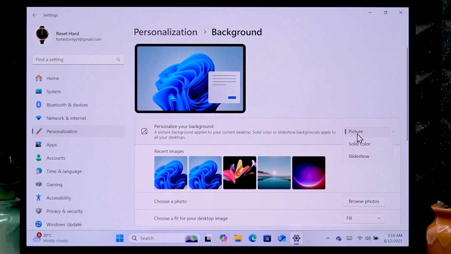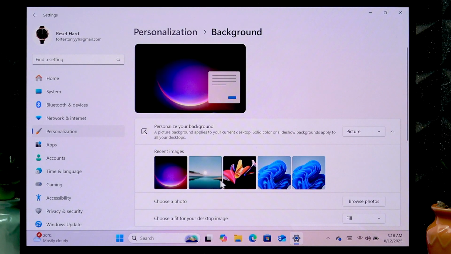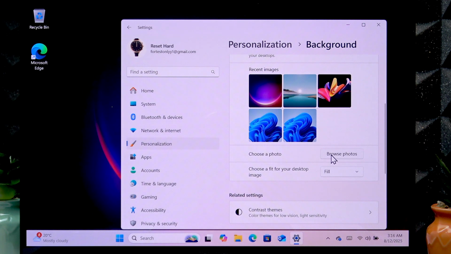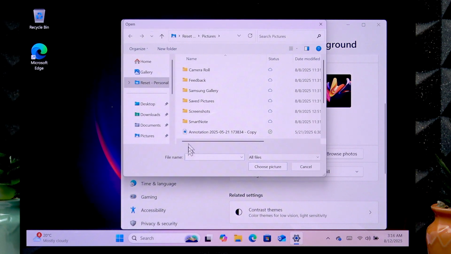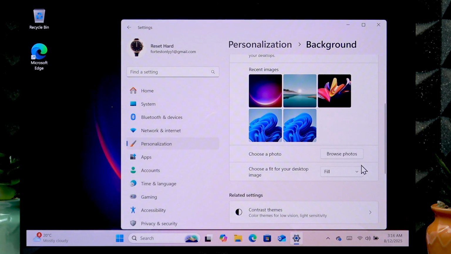in Background you can choose one of the four options for your background. You can select Picture and then go with one of the recent images. In my case it's just Microsoft default wallpapers. You can also select your own photo by clicking Browse Photo and selecting one of the images from your File Explorer, and you can also expand this list of fits and select the one that you like the most,